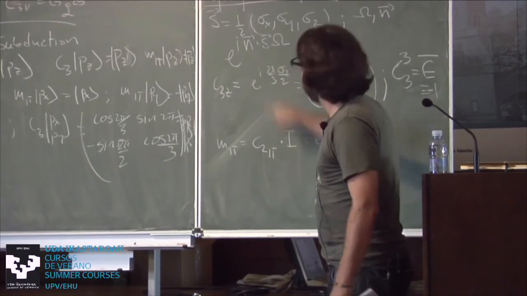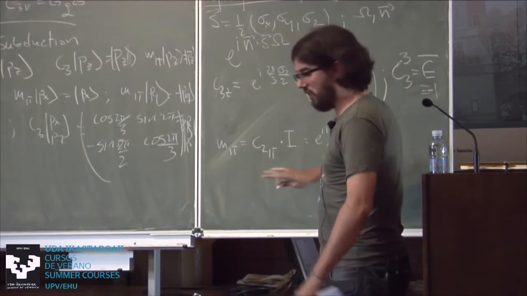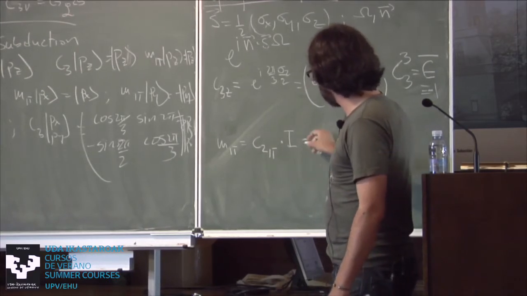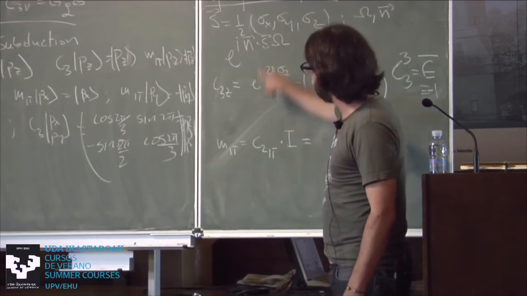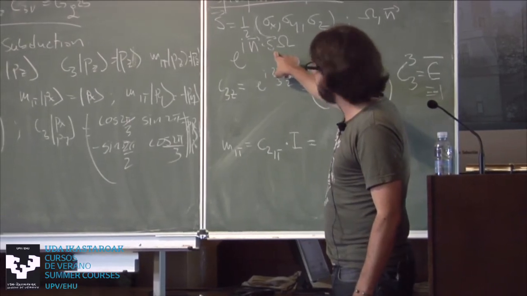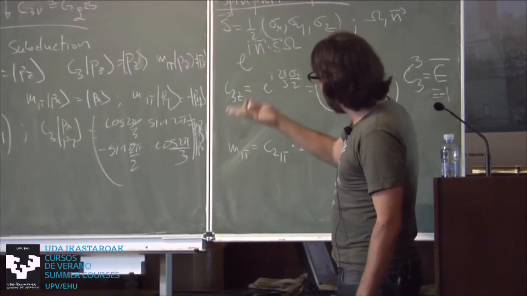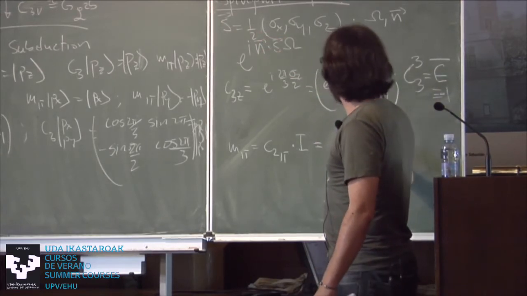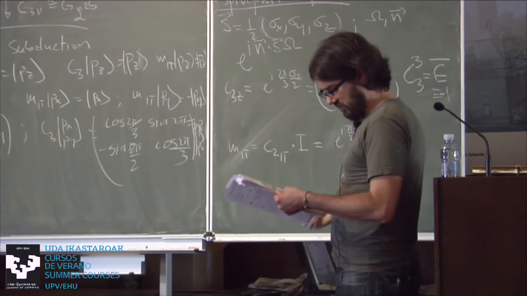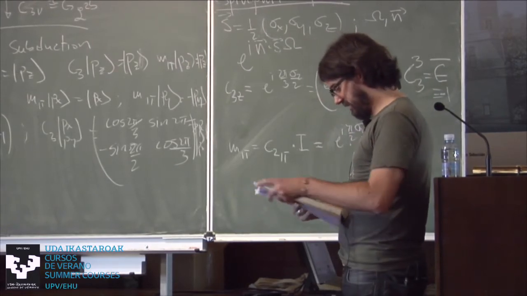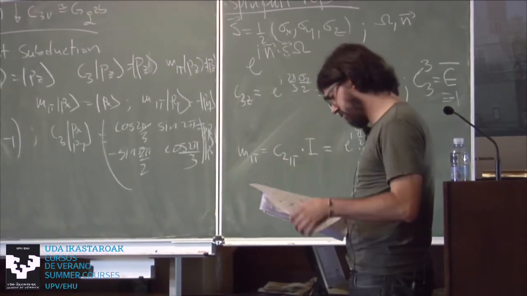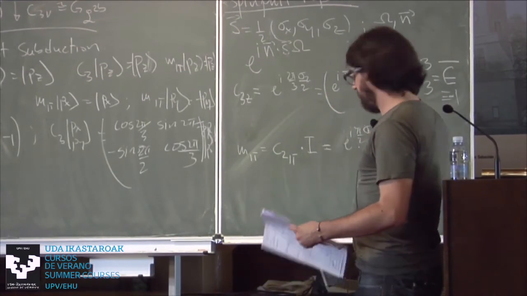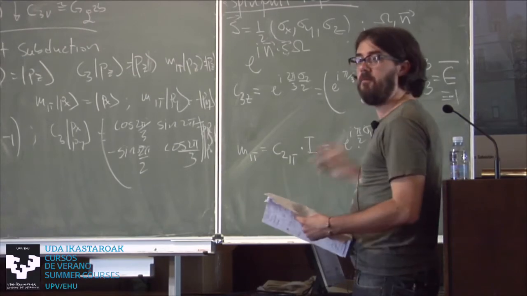Inversion doesn't act on spin. By this guy, so inversion doesn't act on any spin quantum numbers. So as a representation, it's just a representation of C2, but a representation of C2 is just rotation by pi, and I have a pi over 2 here. So this is just e to the i pi over 2 sigma y, if I haven't messed up anything, which I didn't. Right. So this is just i sigma y.